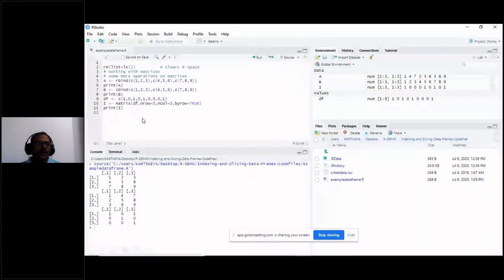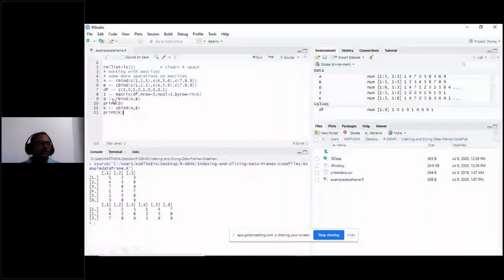But for example, I have chosen this particular vector. Now, 3 by 3. Now if I want to add the matrices A and B and create a new matrix. So A matrix, see A matrix, how I created that A matrix, and rbind. rbind says that we want to bind different vectors row wise. cbind says that if I want to create a matrix by combining or concatenating vectors column wise.